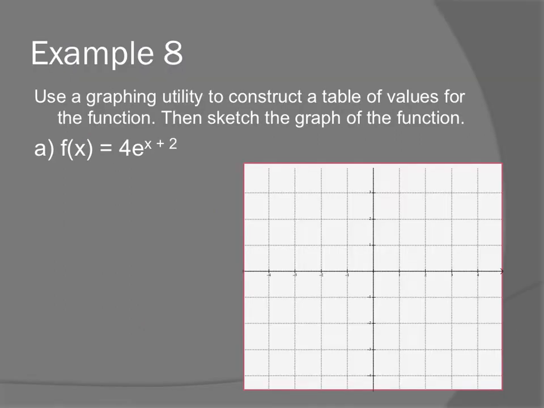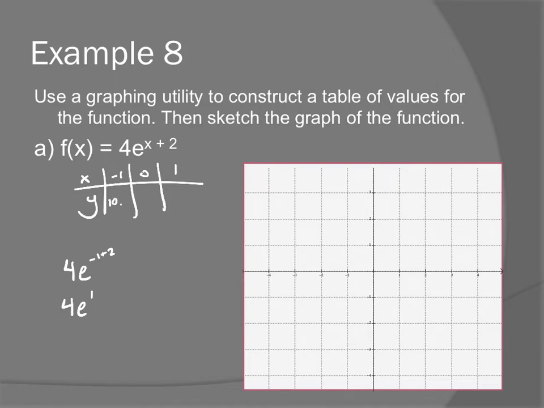All right, now that's graphs involving e. So it says use a graphing utility to construct a table of values. Notice it doesn't say use the graphing utility to graph it. So we're just constructing the table of values, meaning I'm going to use the same table I've been using, but I'm going to use the calculator to actually find those values. So for e to the negative 1 plus 2, you can actually type it in like that, or you can take it to the next step, which is 4e to the first,